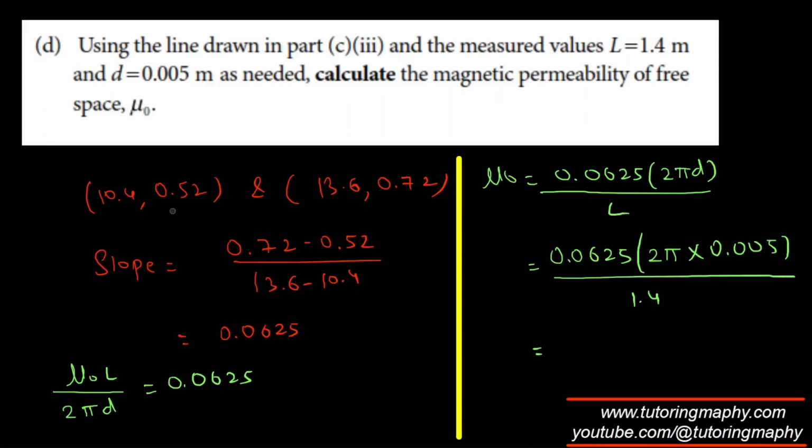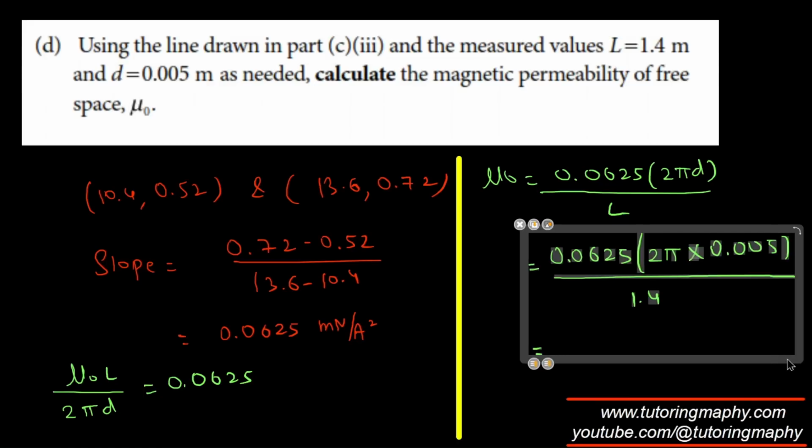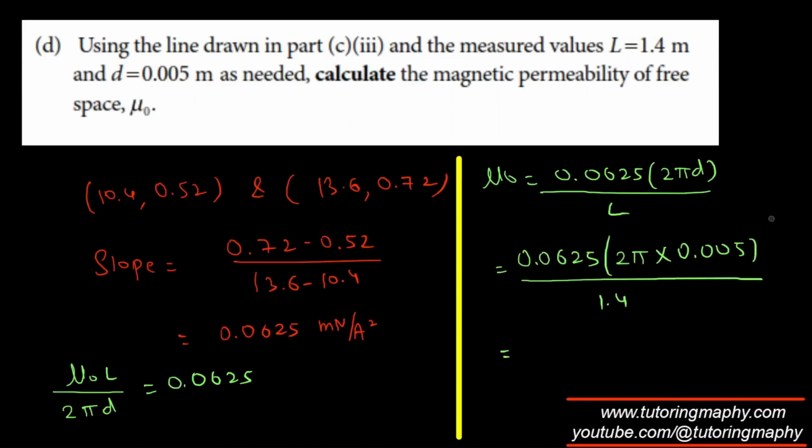We can plug in the numbers, but we have to make sure what is the unit of slope, because slope is not Newton per ampere square. It's millinewton per ampere square. So you have to make sure that this milli factor is taken into account as well. You have to multiply this by 10 raised to negative 3. Actually, this one is 10 raised to negative 3, but I've just written it at the end. And if we find that, we will end up with 1.4 times 10 raised to negative 6 Newton per